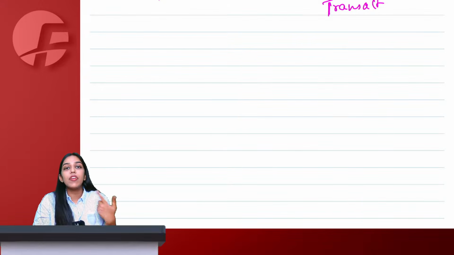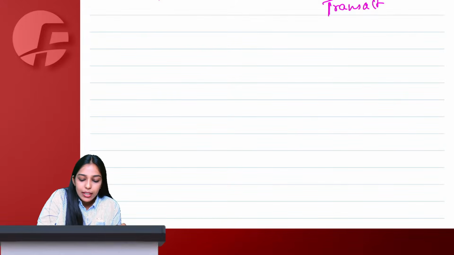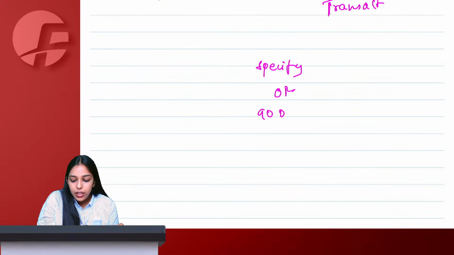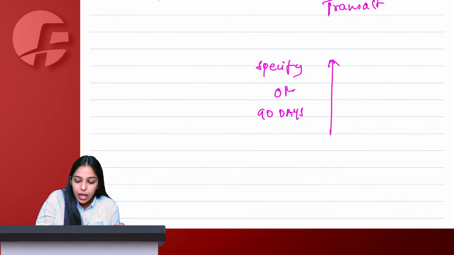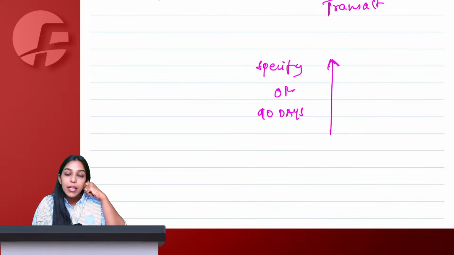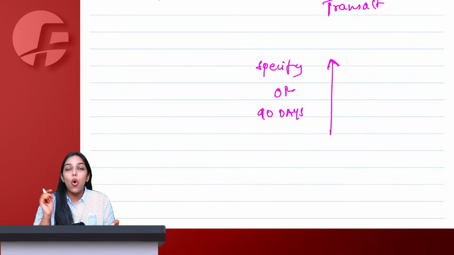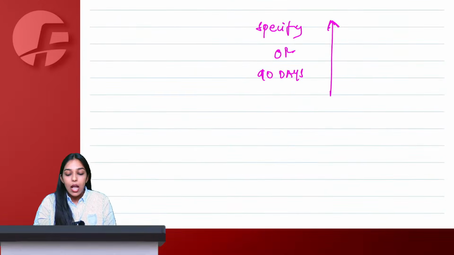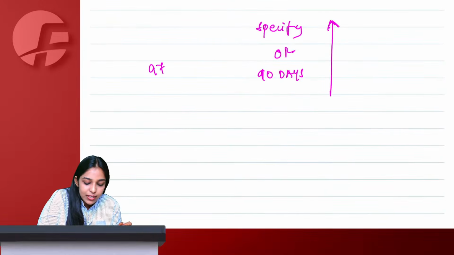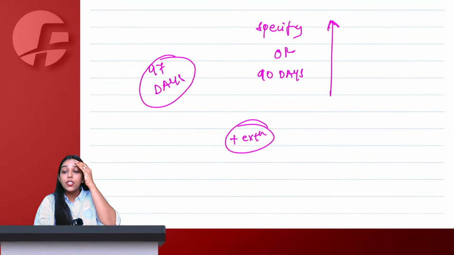So let's say I said that I have come for a 10-day trade fair in Delhi. So 10 days. So whatever period I specify in my application or 90 days, whichever is earlier, which simply means that I can be registered as a casual taxable person or non-resident taxable person for a maximum of 90 days. But what if, ma'am, the trade fair is for 97 days? Then chalo, no problem. You can take an extension also, but only one time.